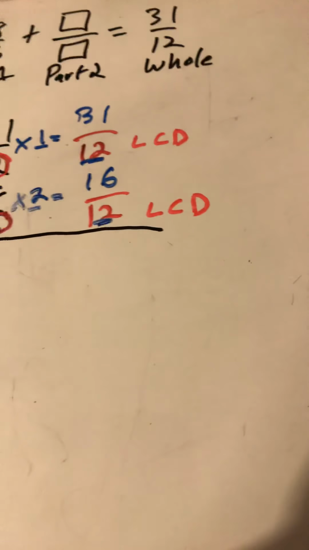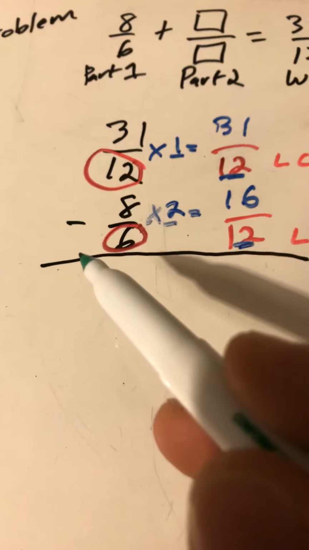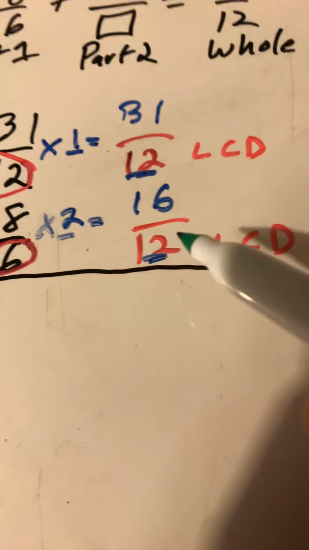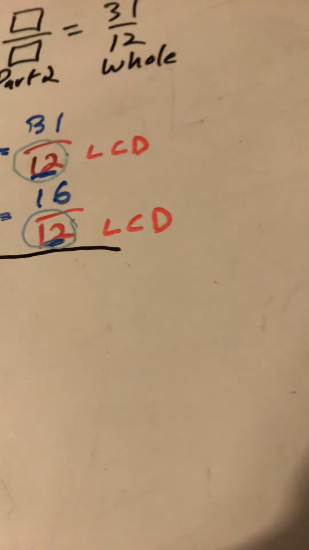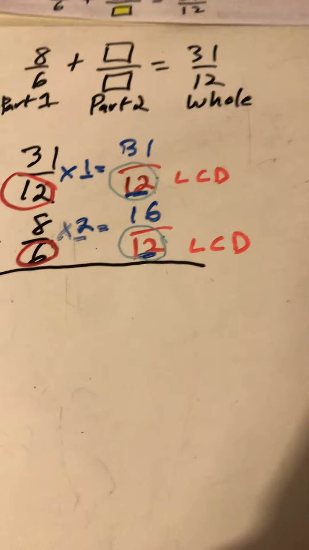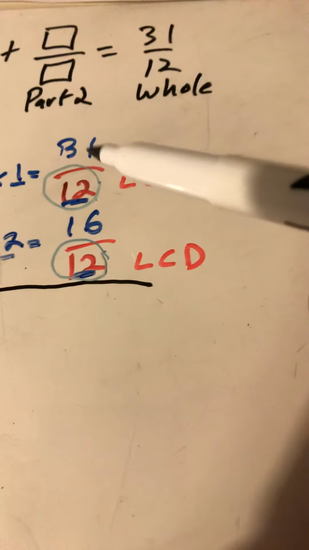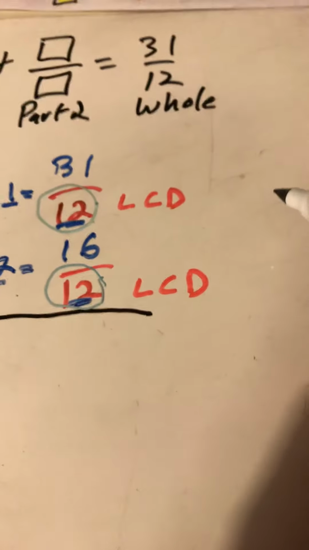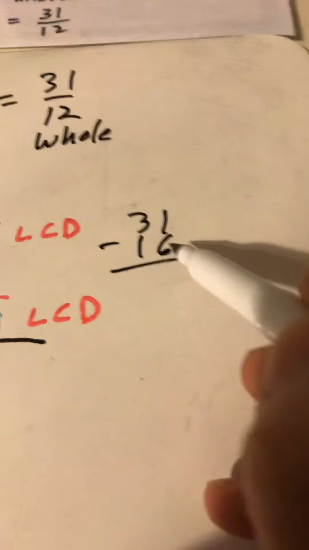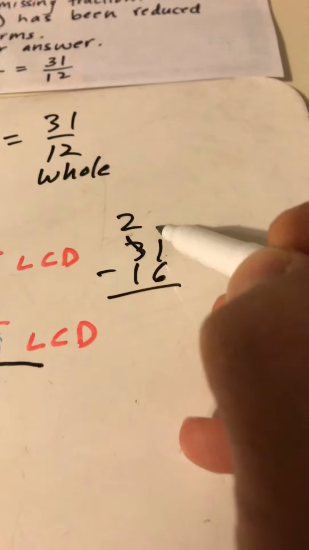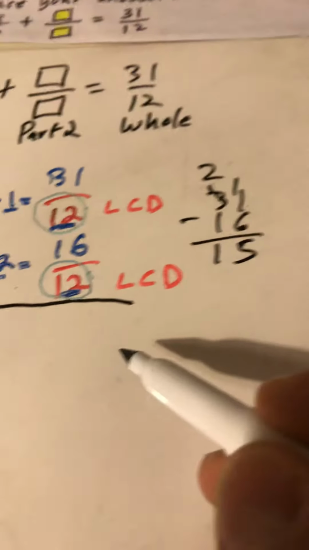Okay, so now what I have is the green light to actually subtract, because now I have matching denominators. I have a 12 here, and I have a 12 here. Before I didn't, because before I had a 12 and a 6, and they were not matching denominators. So I have to do a little math. 16 from 31 is, okay, I'm going to do a bottom's bigger, better borrow here. So this becomes a 2, this becomes an 11. 11 minus 6 is 5. 2 minus 1 is 1. And then I get 15